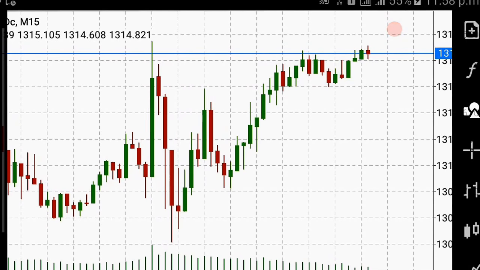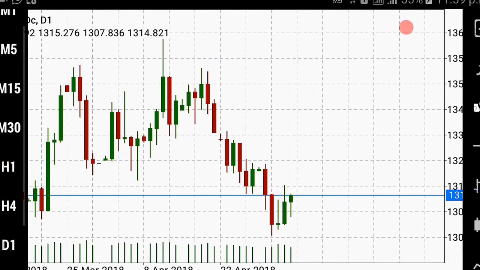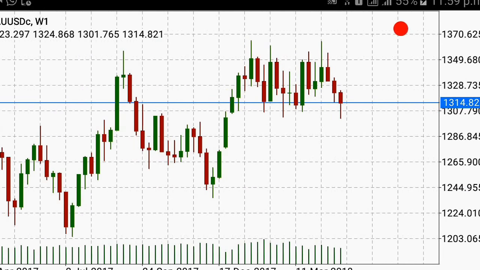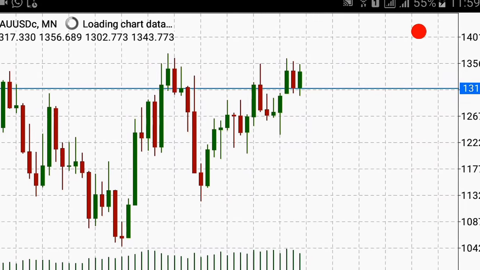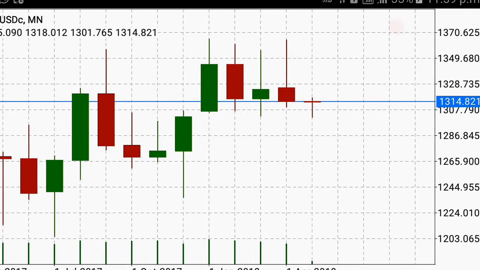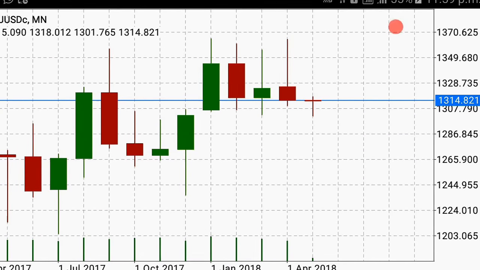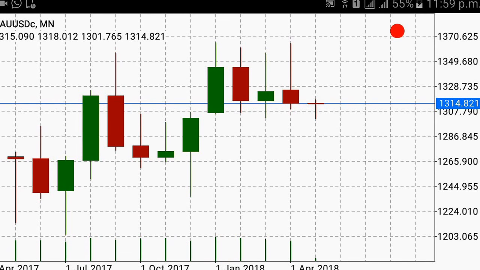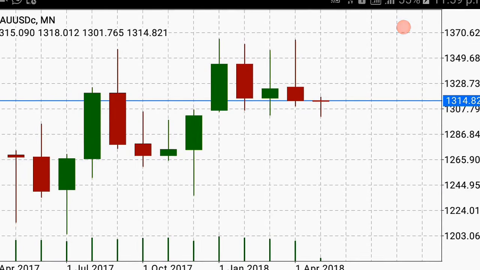And I personally follow this theory in daily, weekly, and monthly time frames. If you look at the monthly time frame, you can see that the color of the candle is still red. So till the time gold is trading below its opening price, 1315 area, my main trend will be selling. And if it starts to form a green candle, and it's a requirement that it should sustain this level also, then I'll start buying. So this is how you follow